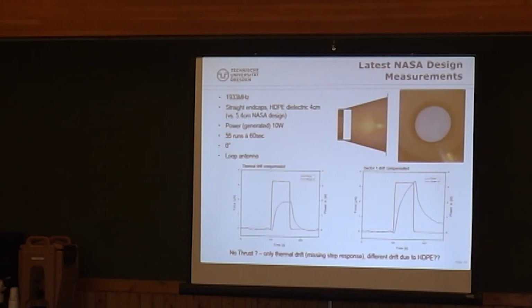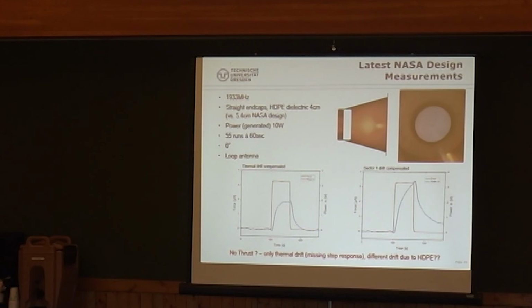The next configuration, according to another experiment, was 1933 megahertz with high density polyethylene dielectric inside. Our dielectric was just 4 centimeters wide, another dielectric was 5.4 centimeters wide. We generated 10 watts of power, and we saw about 3.2 or 3.3 watts of power inside of a cavity. We did 55 runs a day, that's not that fine, but results are clear, with 0 degree direction and loop